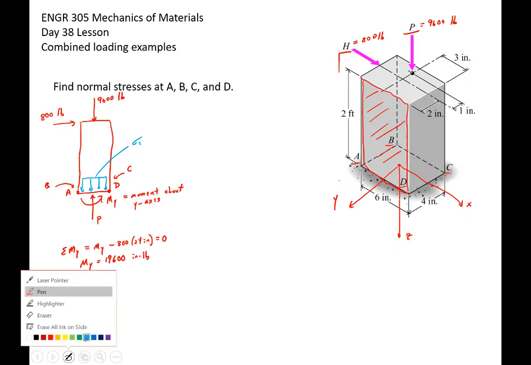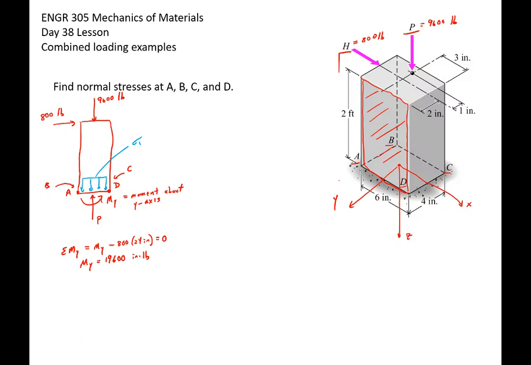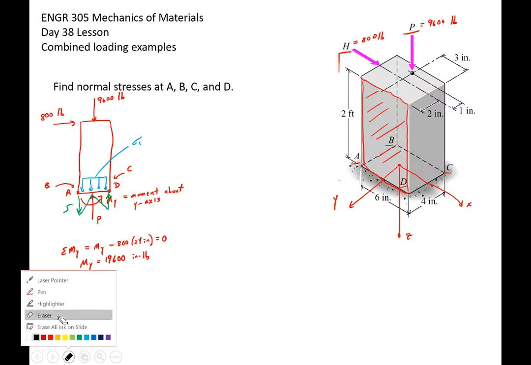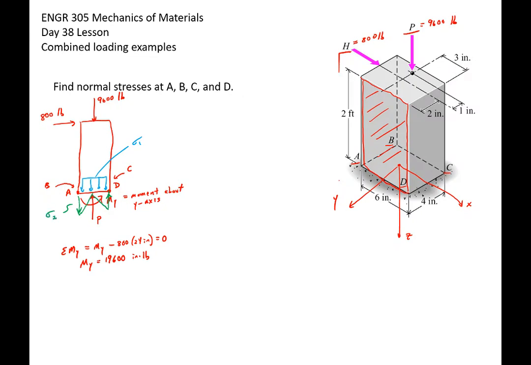But then let's change colors to green here, and I'm going to get a flexural stress from that bending moment, right? And this flexural stress, hopefully this makes sense to you, but because of the direction of that moment, it's going to be compressive on this side and tensile on this side, all right? And we'll label that sigma 2. So basically we've got a sigma 1 and a sigma 2 contribution there